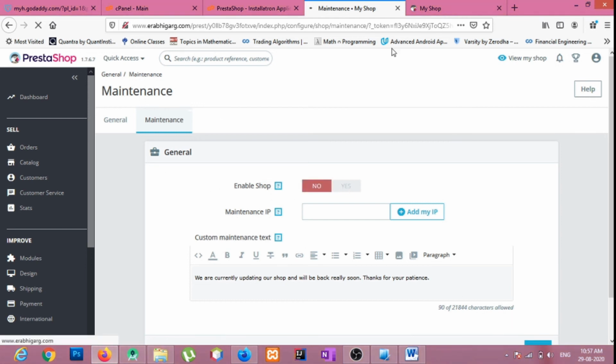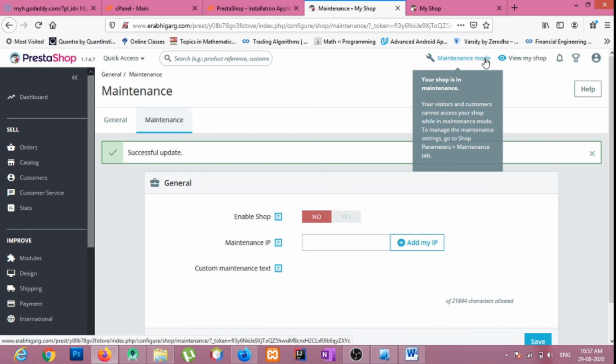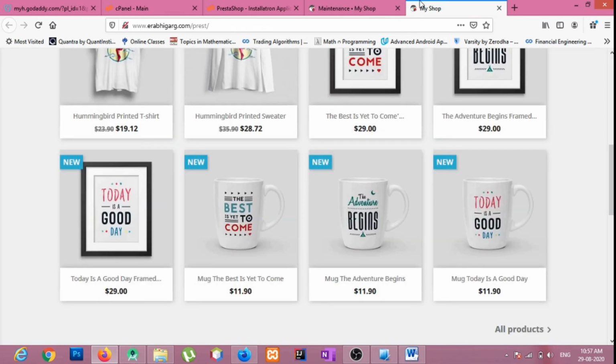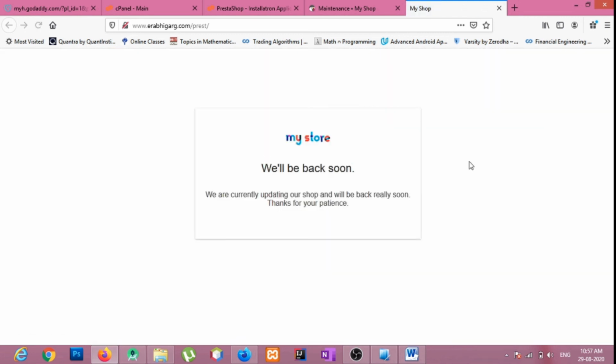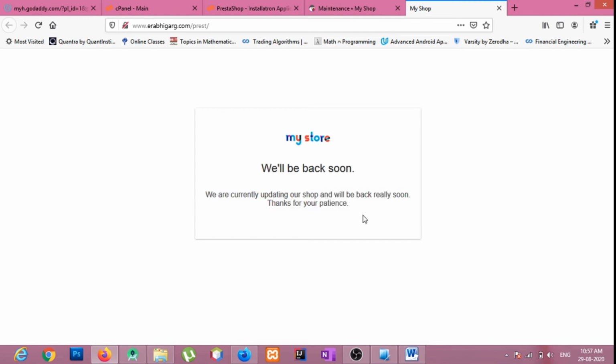And when we will see, we have disabled the shop, so we have entered the maintenance mode. So if any user goes to a website and tries to visit the website, the message will be displayed here that we are currently updating our shop.